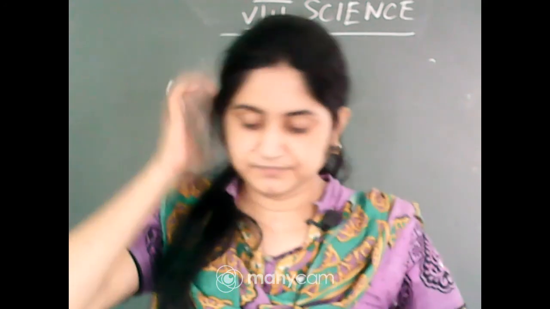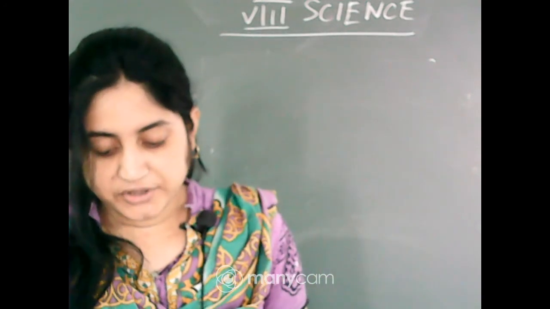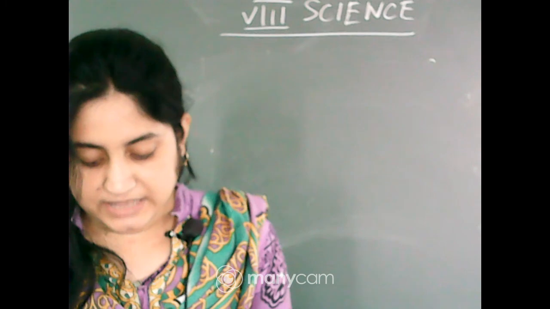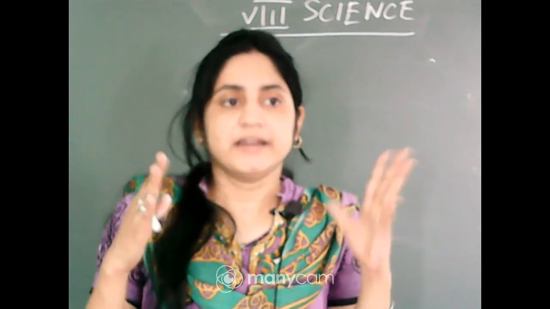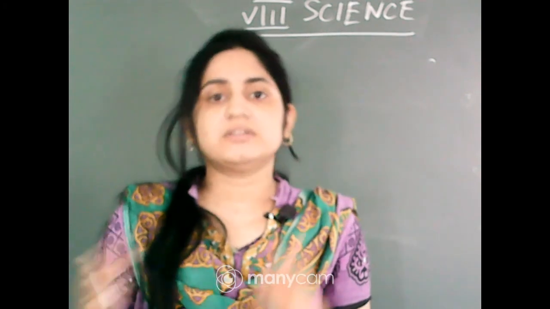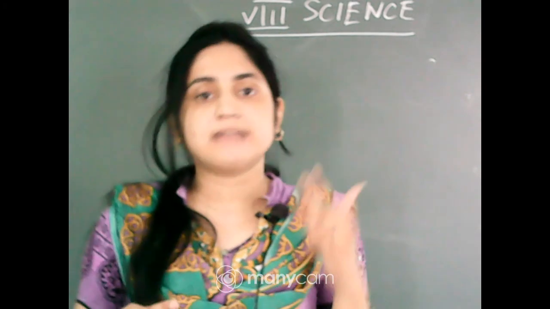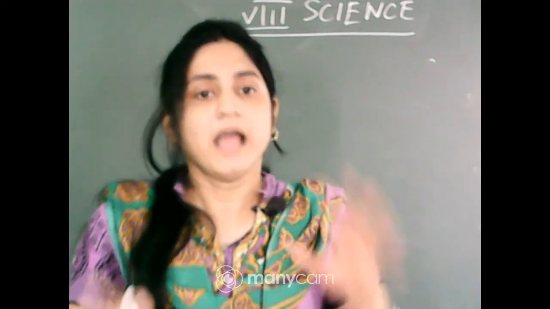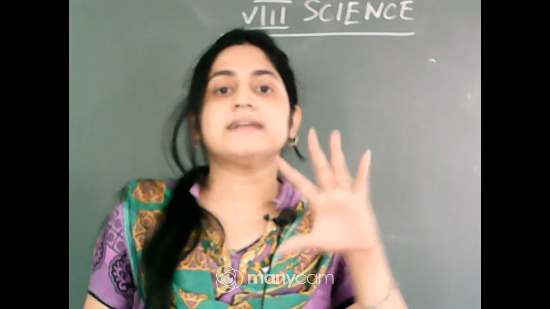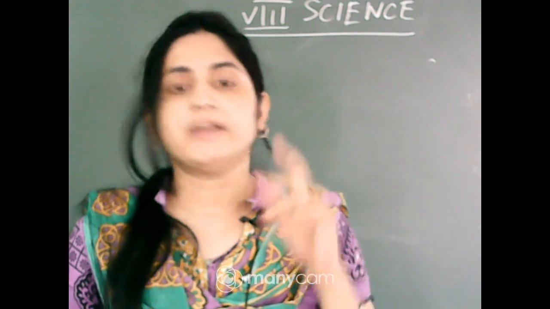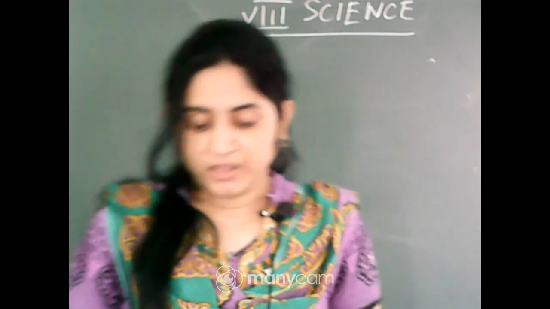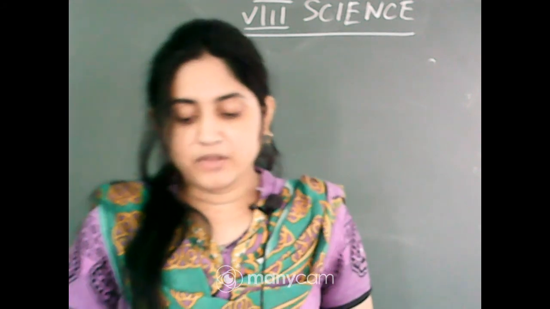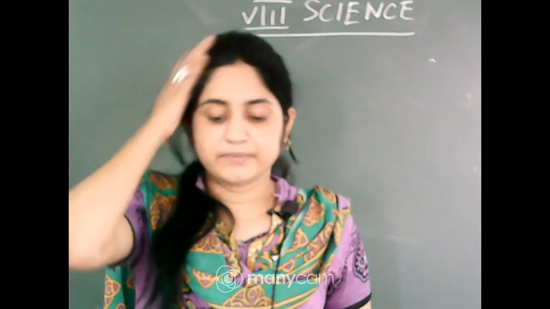Next one, the embryo continues to develop in the uterus. It gradually develops body parts such as hands, legs, head, eyes, etc. Because it starts to gradually develop into a baby. So that's why the different body parts, hands, legs, eyes are also developed. And when these types of organs are developed and you can identify different body parts in an embryo, then the stage is called fetus. The stage of the embryo in which all body parts can be identified is called fetus.